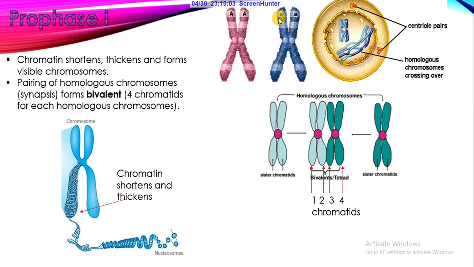So how do we recognize the homologous chromosome? As been mentioned in mitosis before this, homologous chromosome is the one that has the same structure. If you can see here, the red and also the blue one, the length of the upper arm is both the same, and the length of the leg is also the same.